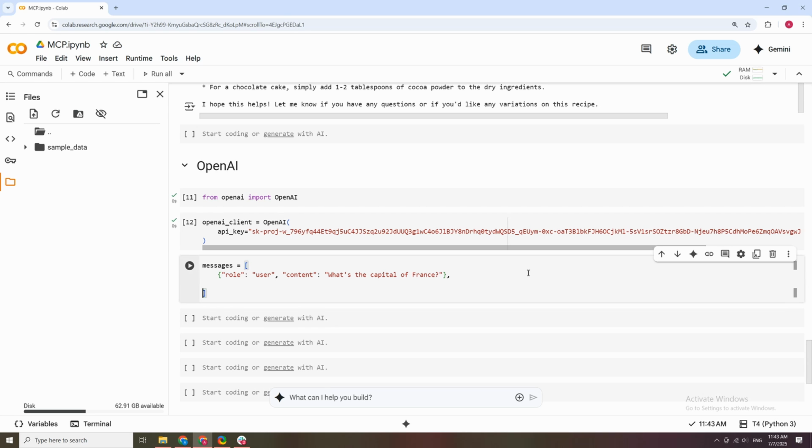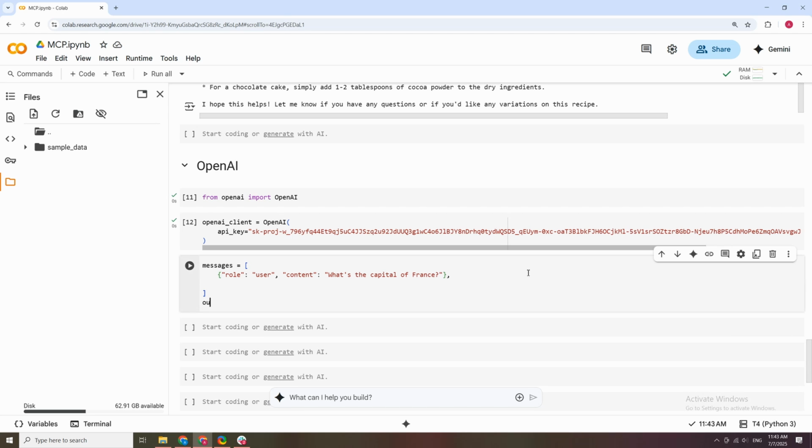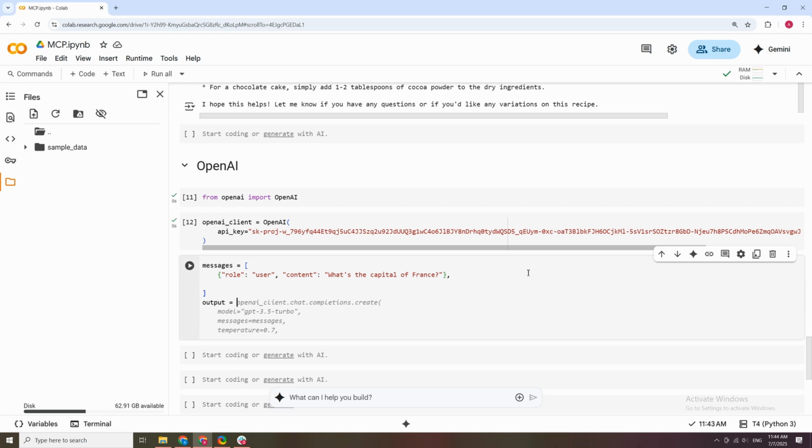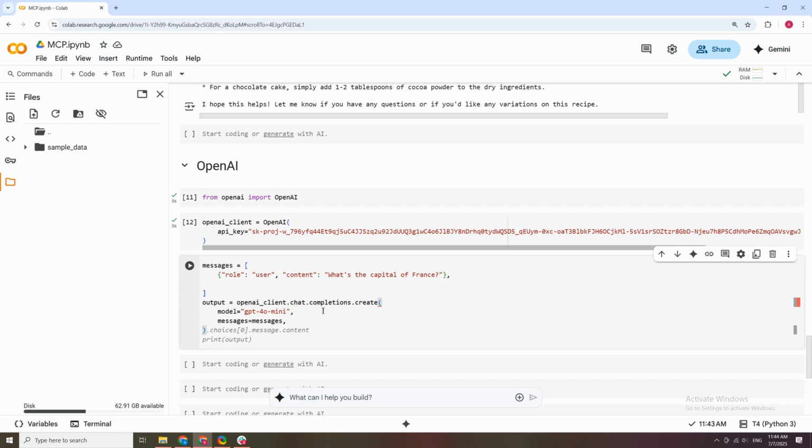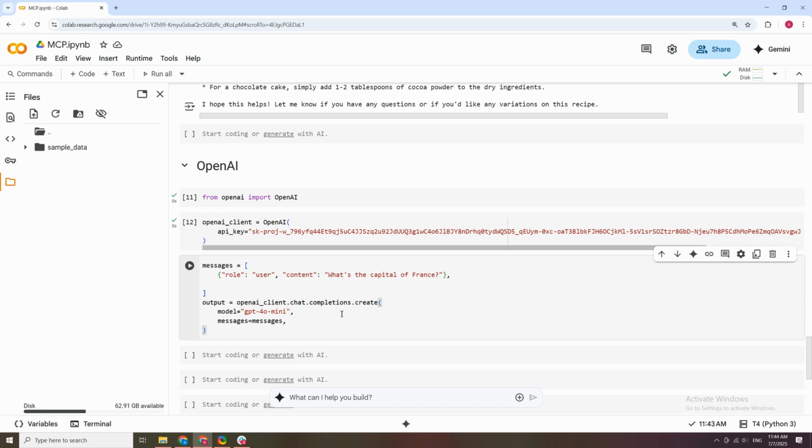And to get the output from the messages, you can have the output equal to openai_client.chat.completions.create. Give it what model you want to use. I am going to use GPT-4o Mini. And yeah, we can just give it the list of messages, and we can keep the temperature and everything else as default. So just run it,